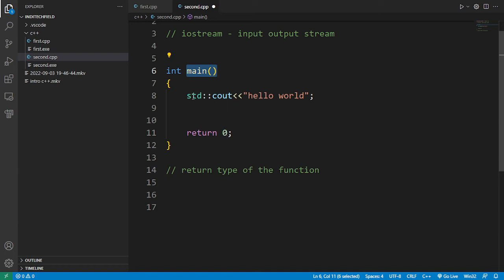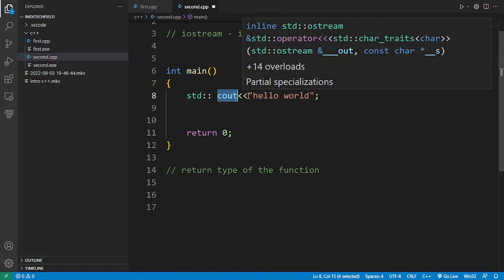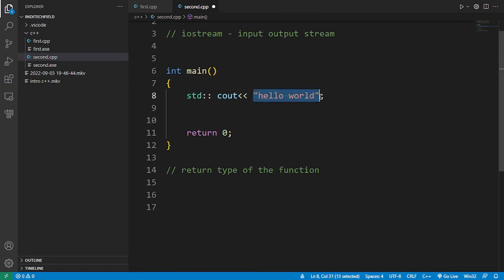The next statement is std double colon cout, double less than symbol, and some words. After that we have a semicolon. I'll divide this thing into mainly four parts. The first one is std colon. The second part is cout double less than. The third part is this one, and the fourth part is our semicolon. Okay, so